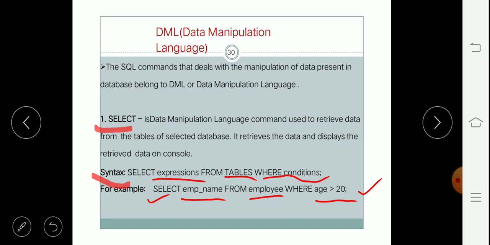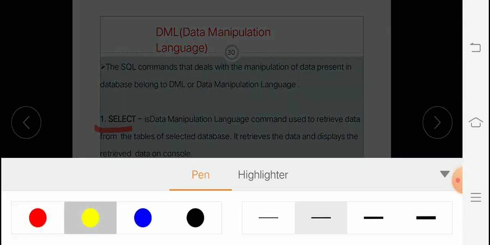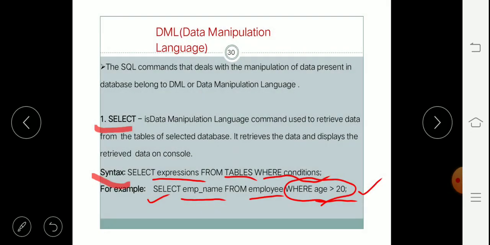There is no compulsion to write this part. We can simply write this much of the query also. Suppose you want to retrieve employee name from the employee table, then we can write: select emp_name from employee. That's it. So what is the difference between using and not using the where clause?